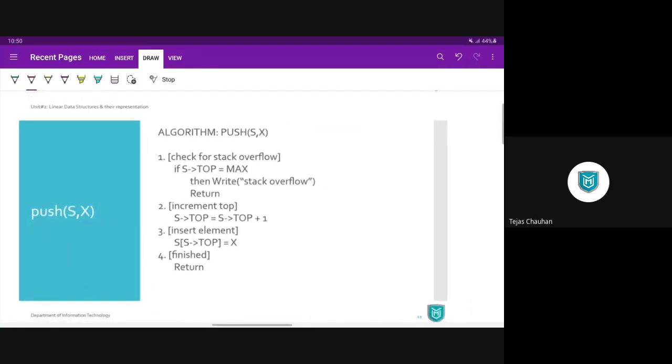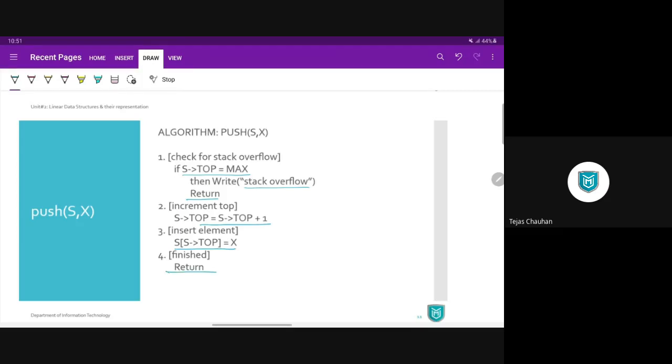Let's have a look at the algorithm here. This is the algorithm for push operation. First step: we check if top is equal to max. Then we say stack overflow, it is full, and we return. If your stack is not full, which means your top is not pointing to maximum, then we do these two steps: top equals top plus 1, and at the given top index you store the value, and then you return.